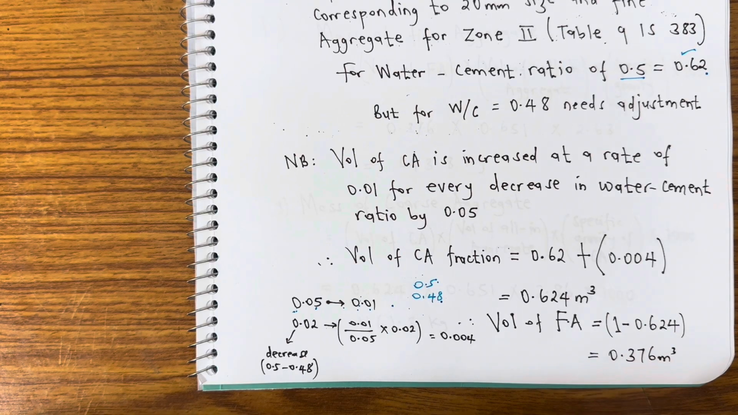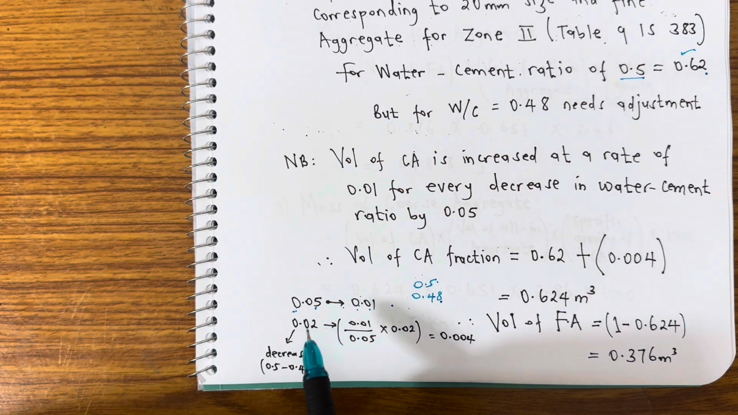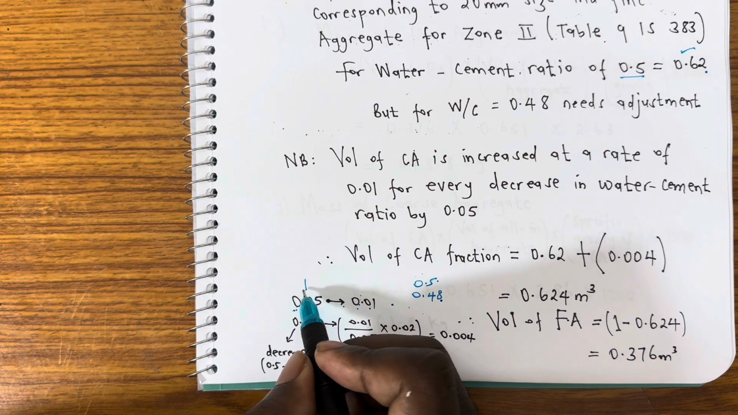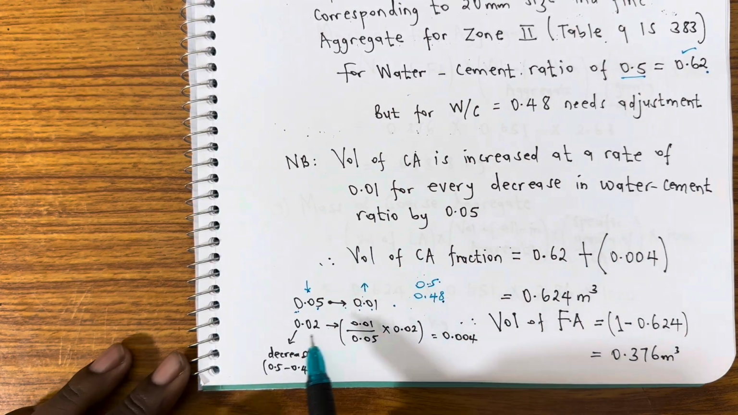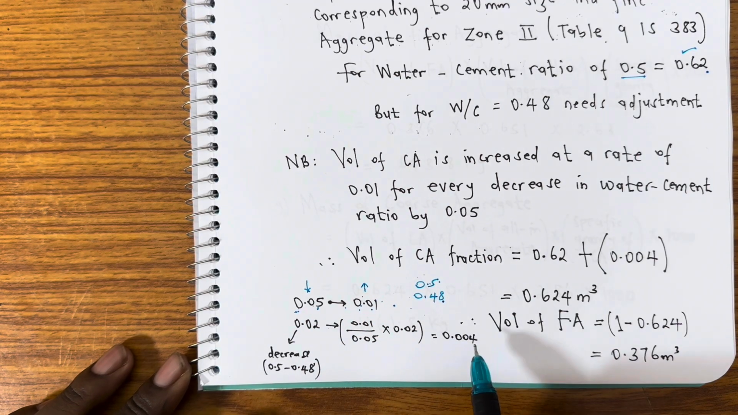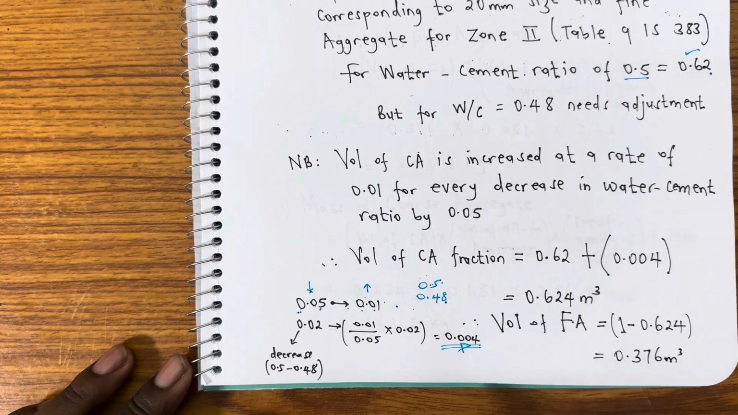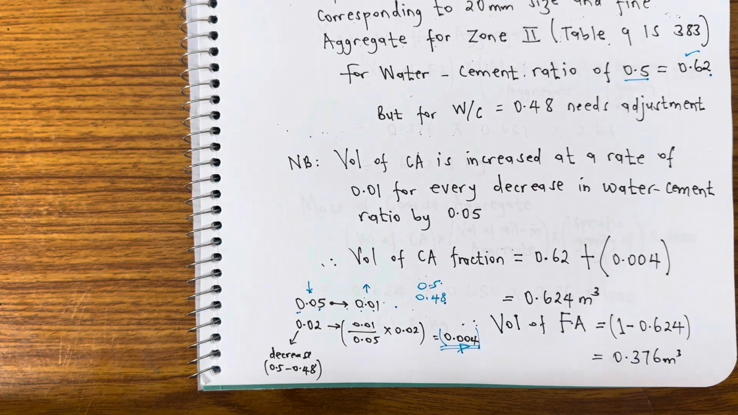Okay. So if the water cement ratio of 0.05 is equivalent to the volume of 0.01, that means the rate at which the volume will increase. If there is a decrease in this, there will be an increase in this. So the difference is 0.02. That means it will be 0.01 divided by 0.05 times 0.02. You get 0.004. This will be the total amount that we need to add to